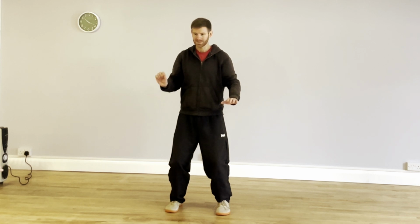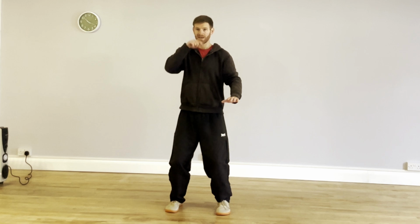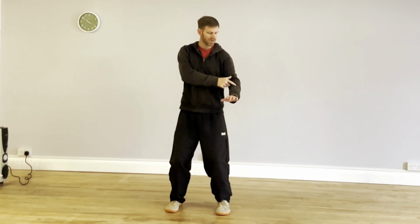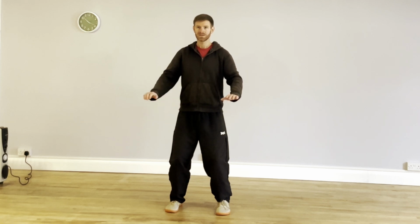Then for the last centimetre of that movement, we want to open up the body again, expand all of the joints, think up to the top of the head, down to the coccyx, down to the ground, out through the shoulders, out into the fingertips, opening up the palms, the whole body opens. And then as we release that expanded feeling in the body,